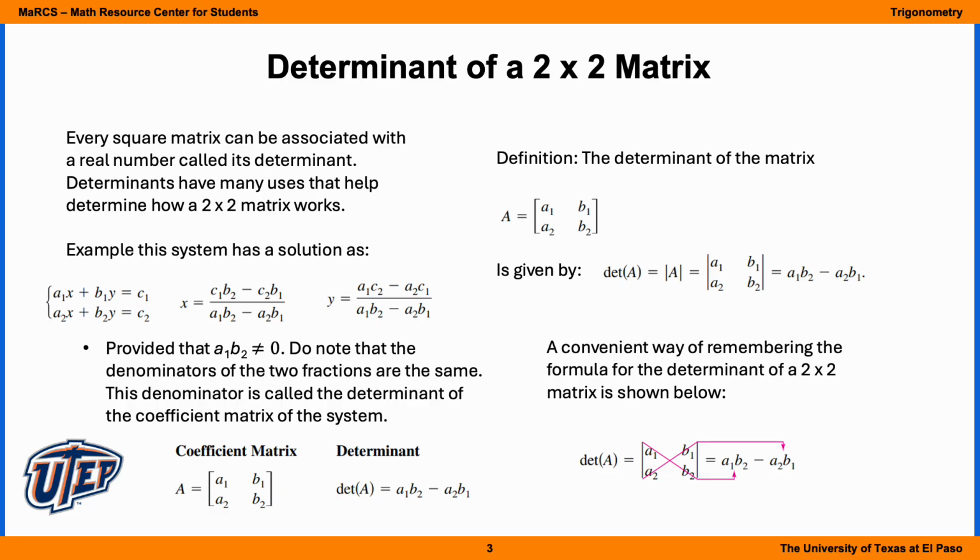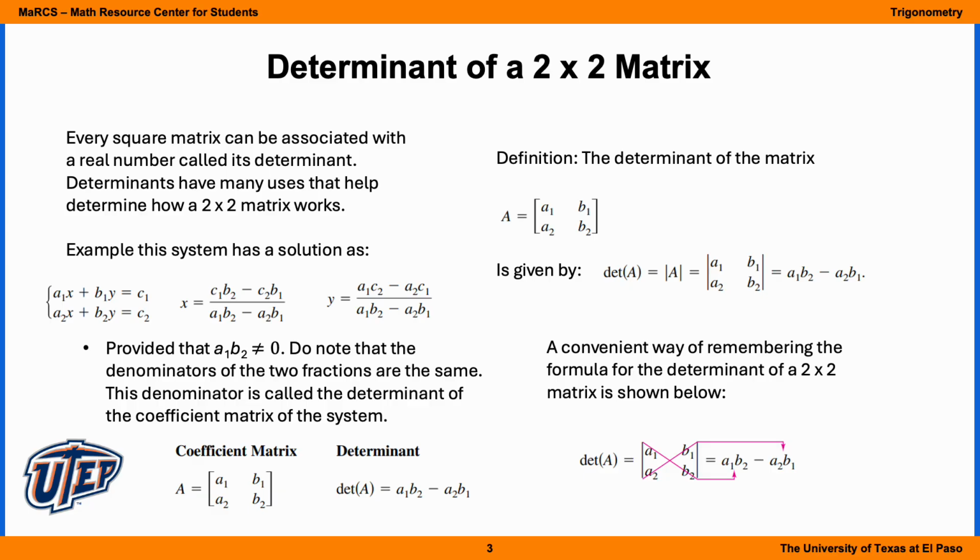So x is equal to C1 times B2 minus C2 times B1 divided by A1 times B2 minus A2 times B1. Now y is equal to A1 times C2 minus A2 times C1 divided by A1 times B2 minus A2 times B1. Now we see that the denominators for both x and y are the determinant of